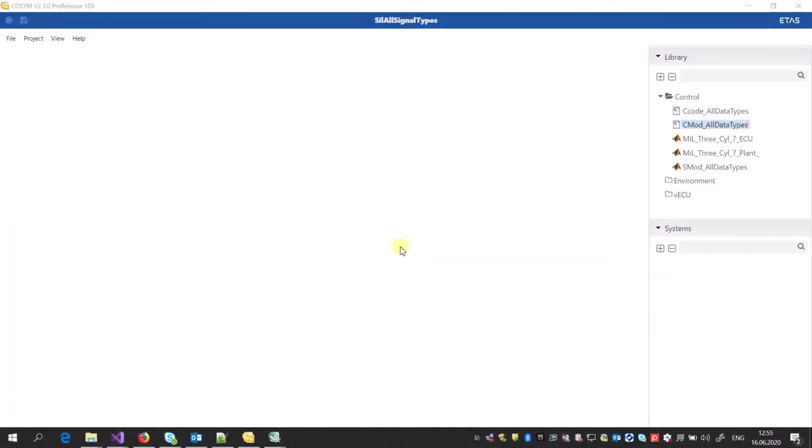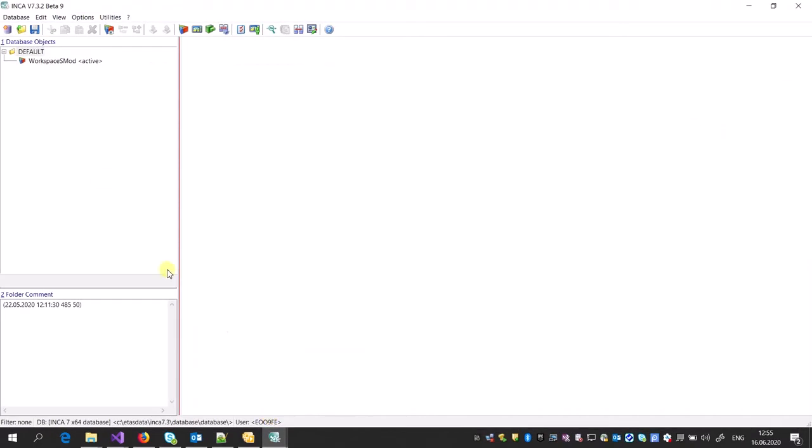I will try to show you the XCP module of the COSIM SiL simulation. This driver is enabled from COSIM 2.3 and you can connect using the XCP master to the SiL simulation and try to calibrate your simulation and read the data from the simulation back using the tools which support the XCP master and XCP protocol. One of the tools that supports this in the ETAS world is INCA, and we're going to show this demo using both INCA and COSIM in parallel, to show how we can actually make this happen.